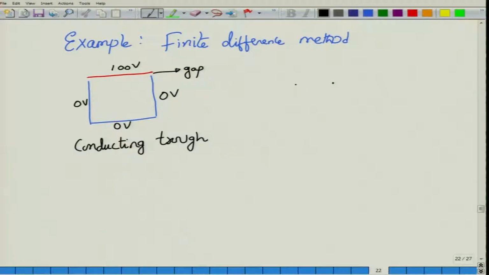If you choose your step sizes appropriately, then the potential at any point will be the average of the potential of the neighboring 4 points. So if, for example, the point where I need to find the potential is given by this dot, then the potential to the left, to the right, to the top and to the bottom are the ones that you need to use and then average them, provided the step size from the point where you are calculating the potential to the points where the potentials are known remains the same. So this step size actually becomes independent when you calculate using the finite difference method.